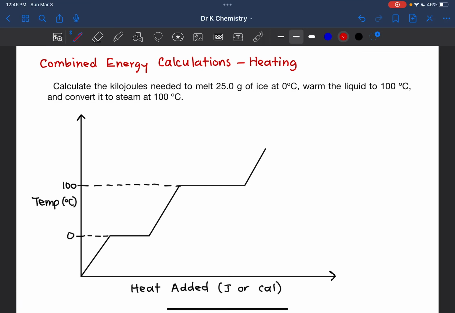In this video, we are going to explore combined energy calculations in a problem that involves heating a sample. So this problem states that we need to calculate the kilojoules needed to melt 25 grams of ice at 0 degrees Celsius, warm the liquid to 100 degrees Celsius, and then convert it to steam also at 100. So right here, the 25 grams of ice, that is a unit of mass. So it is giving us the variable m, and everything else we'll need to piece together from the rest of